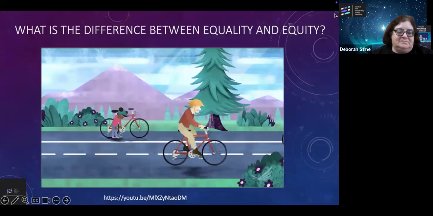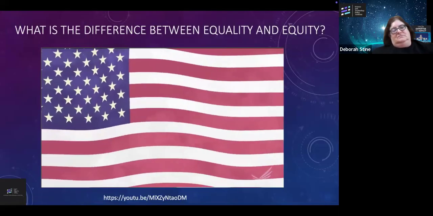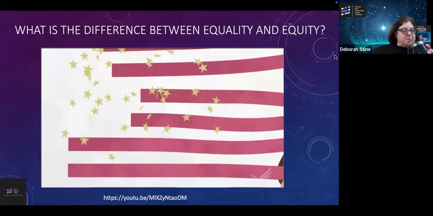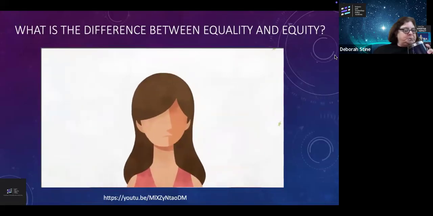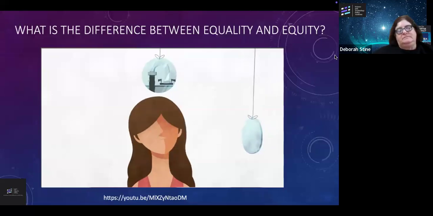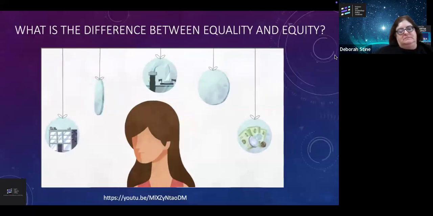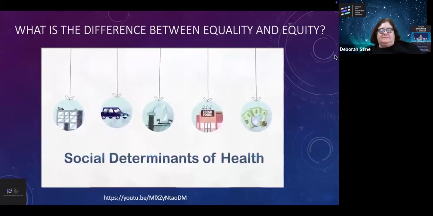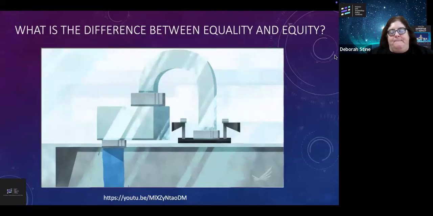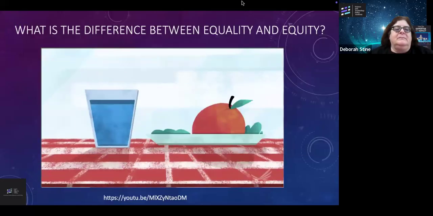It's part of the reason the United States spends more on healthcare per person than any other advanced nation and has much poorer health. It's important to remember that a person's health depends on many factors, things like their environment, schools, and workplaces, to name a few. We call these social determinants of health, like clean drinking water for children and easy access to fresh food.